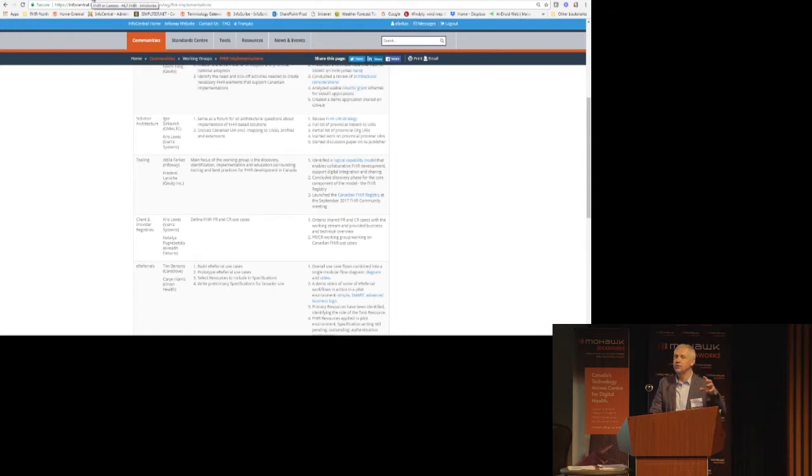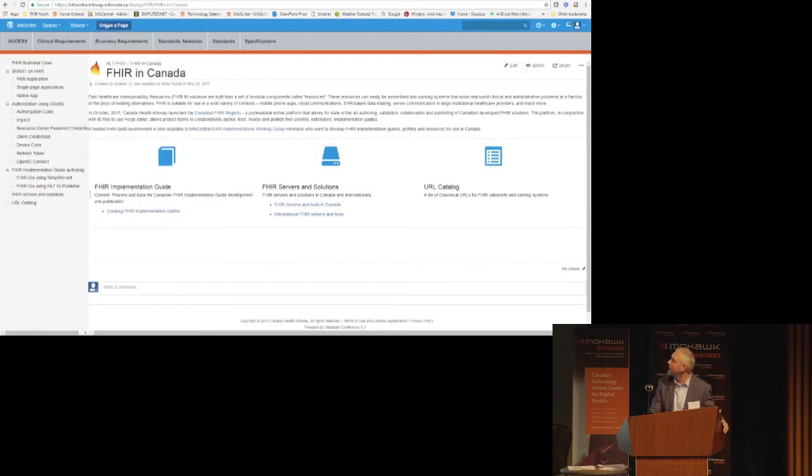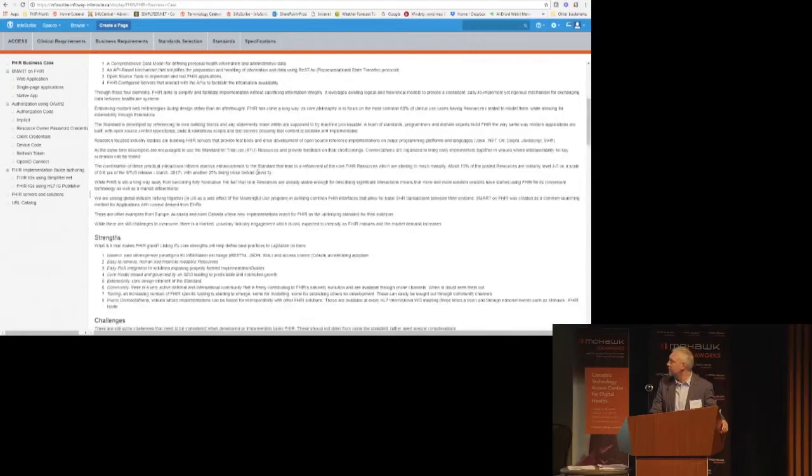But I wanted you to see how you navigate. If you want to find InfoScribe, and then take the standards route, you're going to arrive here. As you can see, one of the first work items was to look at the business case. This is already 12 months old work. Then it gives some context, an executive overview, the strengths, challenges, and best practices that you should absorb, then look at